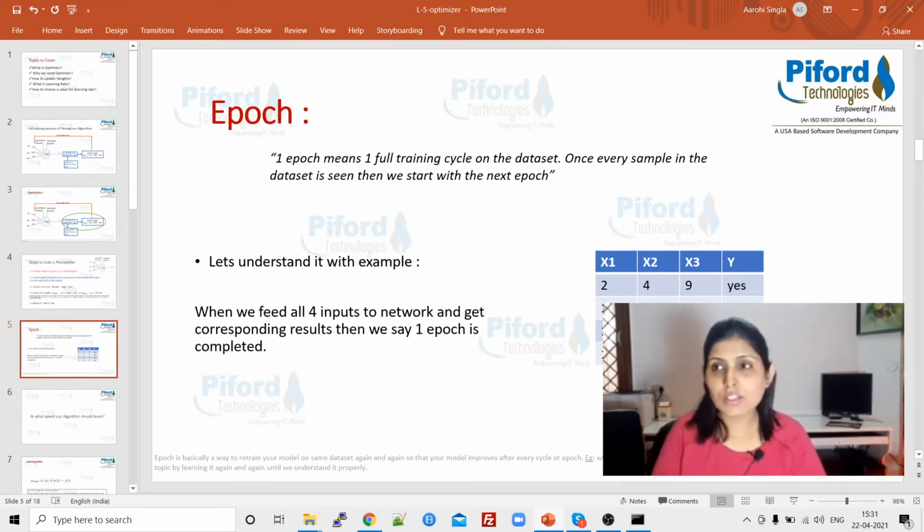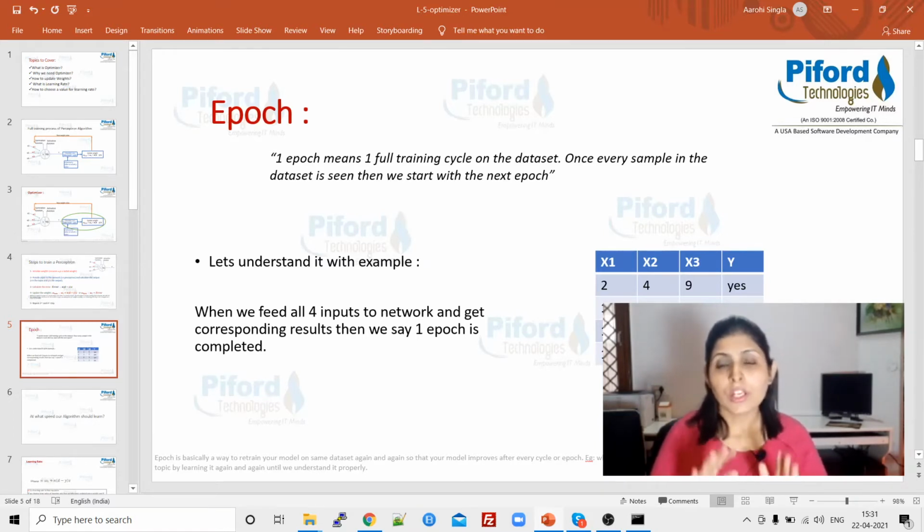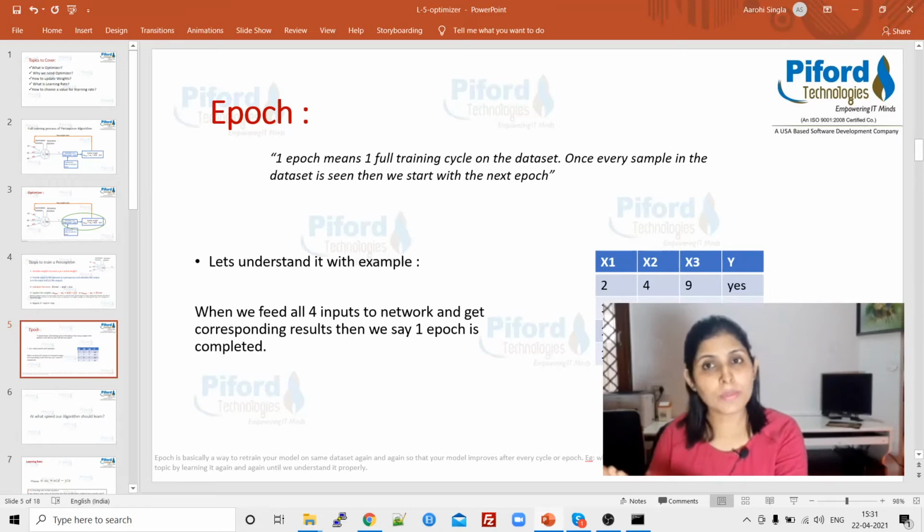And this time let's suppose we got understanding 70%. Okay, this concept is about this thing, but then again let's suppose if you have a few doubts in your mind, we study that topic again and again. We train ourselves on that topic again and again until we get a proper idea about it. So this is what epoch means here.